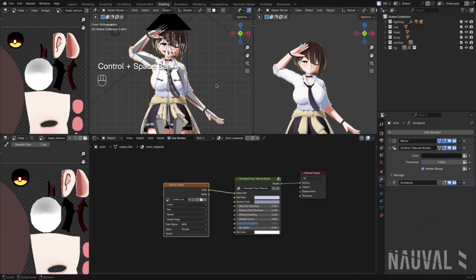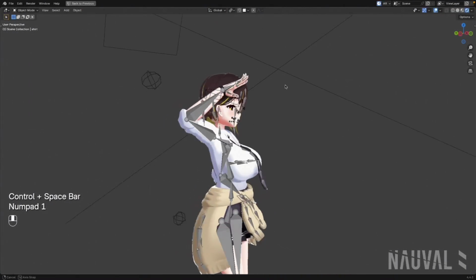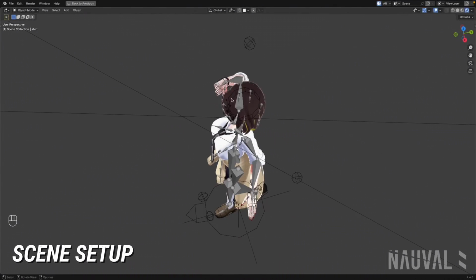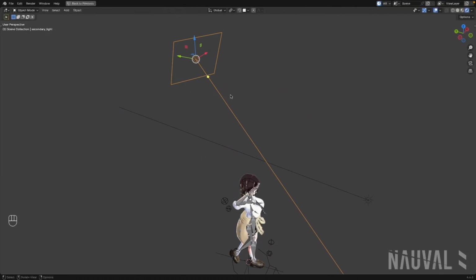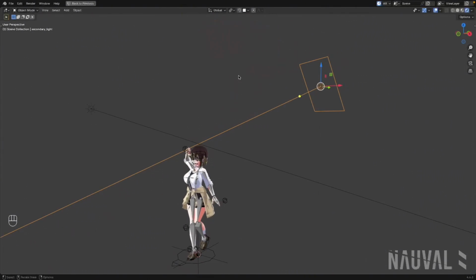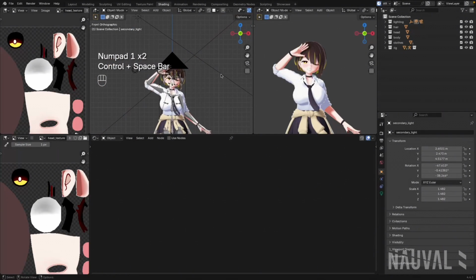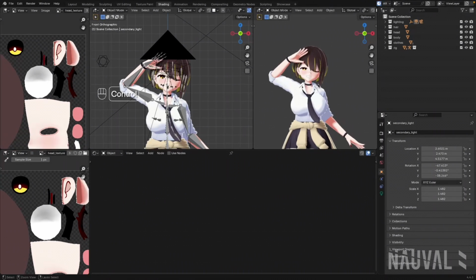This video is going to be a bit messy, but just bear with me. This is how the scene is set up. It's just simple lighting and an area light to light up the character, and then we just focus on how the shader is created. So first of all,